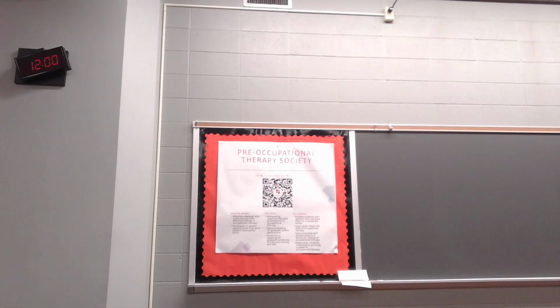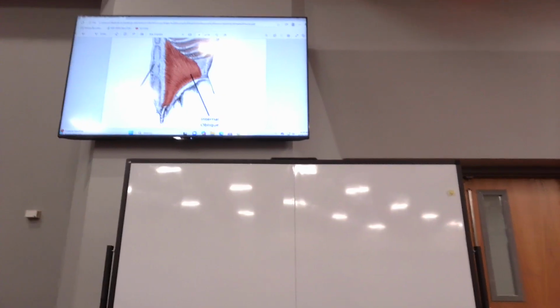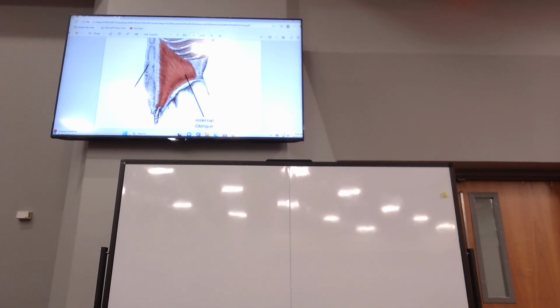And notice how the same side. If these overlapped, which we couldn't because then we wouldn't see the internal. Remember, we were talking about layers, right? So in other words, if I had the external on this picture, I wouldn't be able to see the internal. So I have to take it out so that we could see what's underneath. So if I had the external oblique up on this screen,